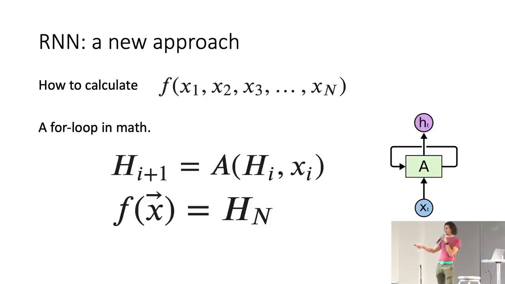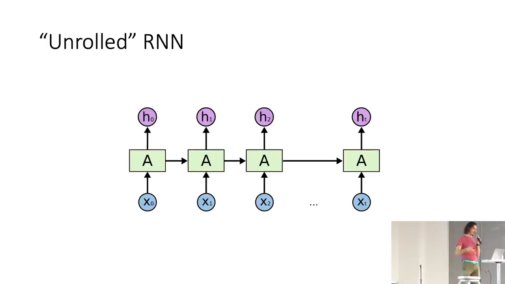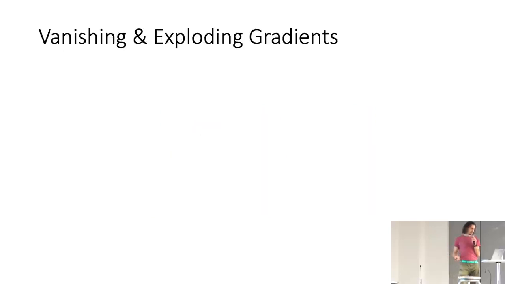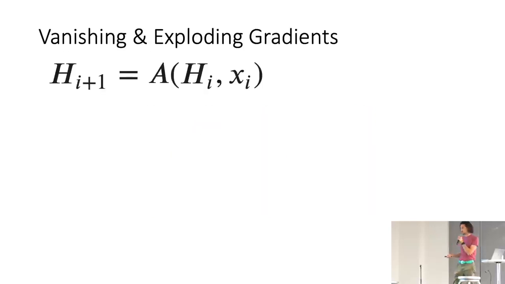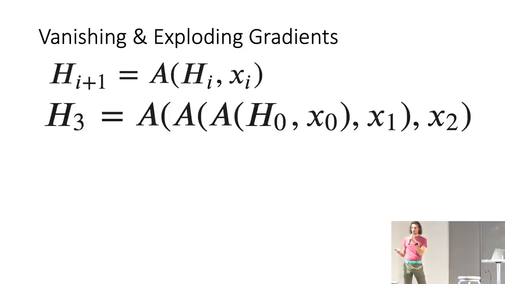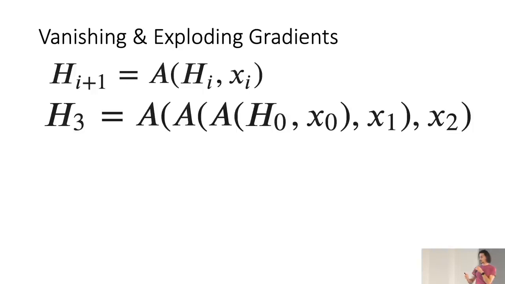Right? And so visually this looks like this activation, which takes an input from the raw document X and also itself in the previous time. And you can unroll this and visualize it as a very deep neural network where the final answer, the number you're looking at the end is this, and it's this deep neural network that processes every one of the inputs along the way. Right? And the problem with this classic vanilla RNN, this plain recurrent neural network, is vanishing and exploding gradients. Right? So you take this recursive definition of the hidden state, and you imagine what happens just 3 points in, right? And so you're calling this A function, this A transformation, over and over and over again on your data.